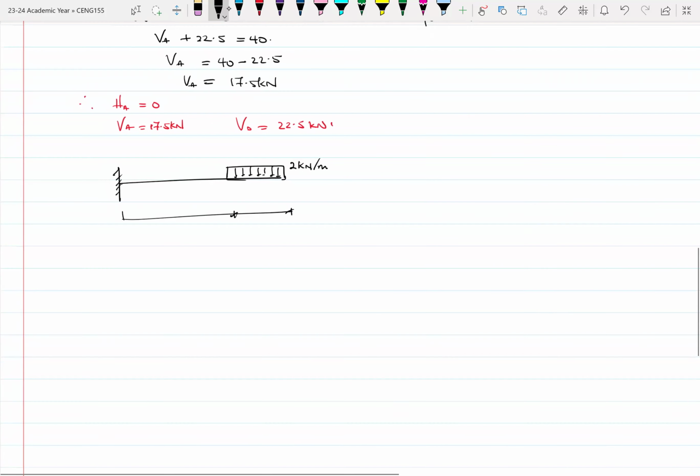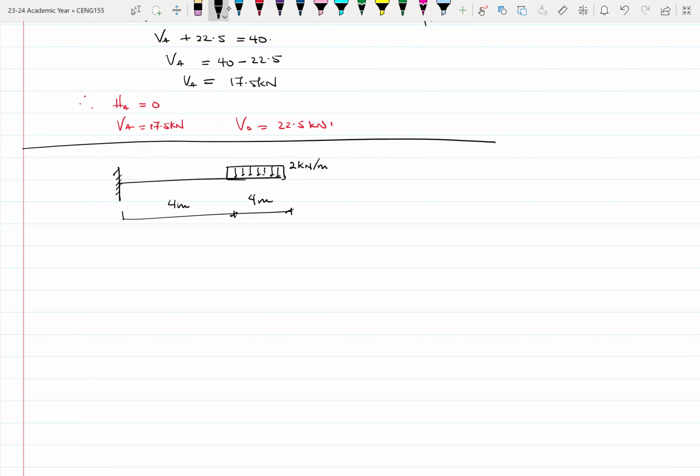So here, these are the dimensions. This is 4 meters. This is also 4 meters. Again, we draw three points. Let me call this point A, point B, and point C. So here with our solution,